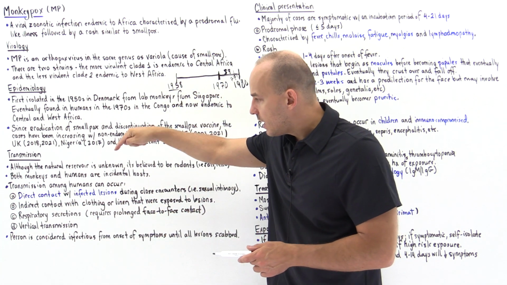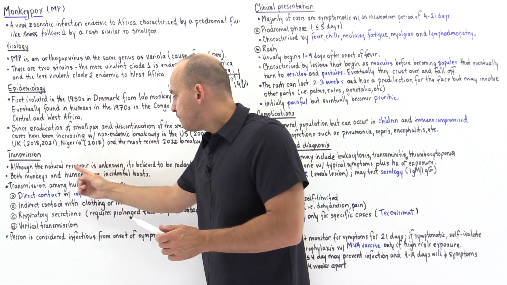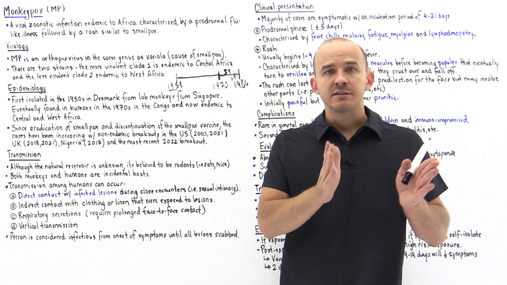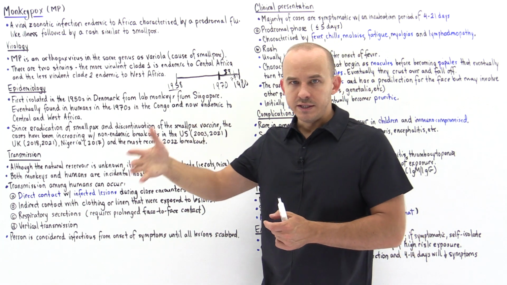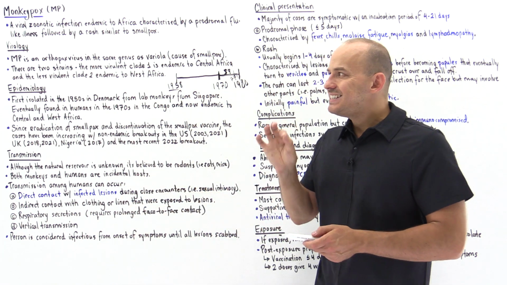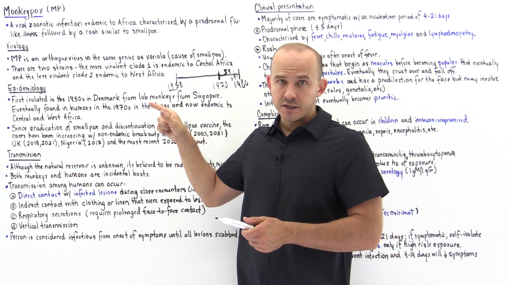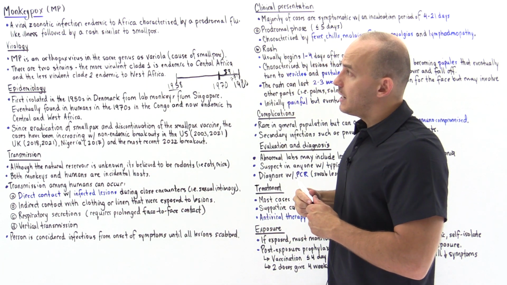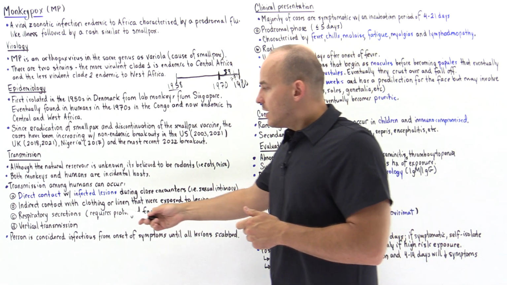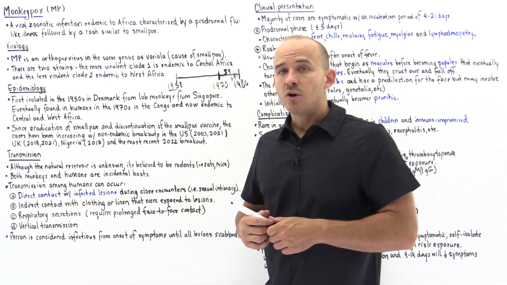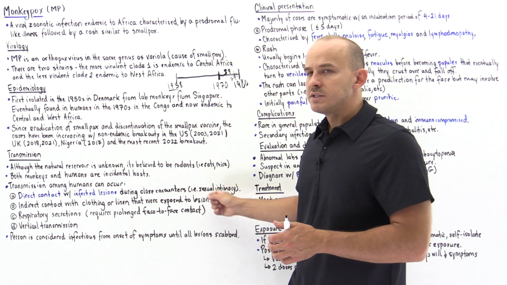So direct contact of a non-infected person with an infected person who has infected lesions. And this likely takes place because of sexual intimacy. So, in fact, 98% of the cases of the current outbreak of the monkeypox virus happened in men who have sex with other men. We can also become infected indirectly via contact with clothing or linen that were exposed to